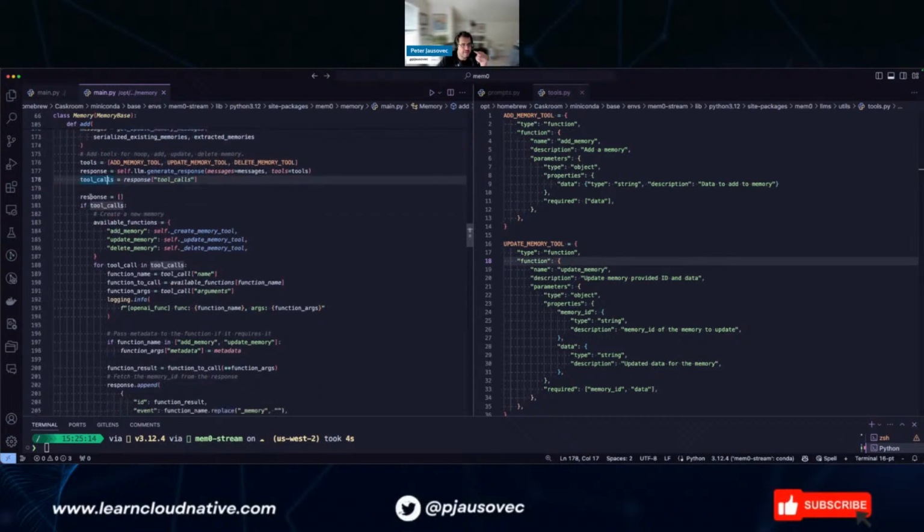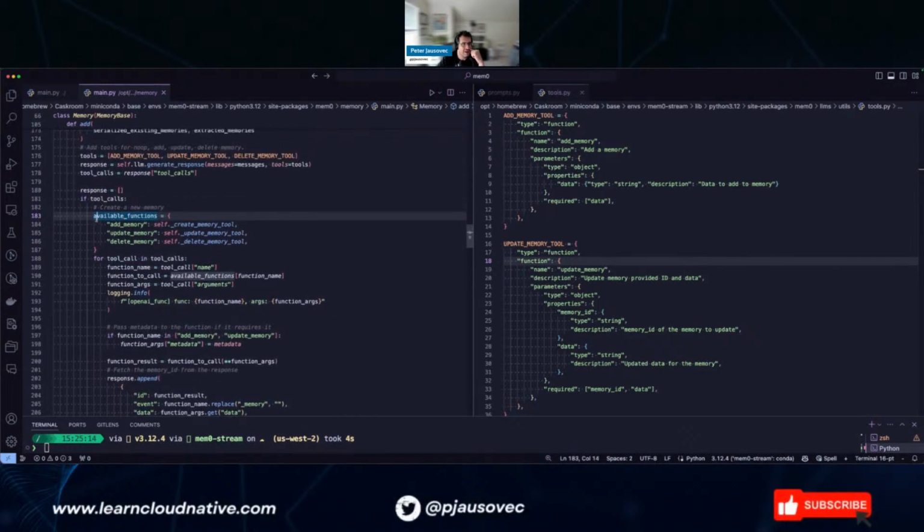And this is where they're checking. So you get back the tool calls, and we're checking if it's set, if it's not none. Then we're saying, well, here are all the available functions. So these are the function names. Note that these are the same as when we passed them in here. We define them here and then pass them in there, and then we're just mapping them to actual functions that we've implemented already. So we're figuring out what the LLM is telling us, which function to call. We actually figure out whether we have that function, which is here, and then which arguments to pass in.